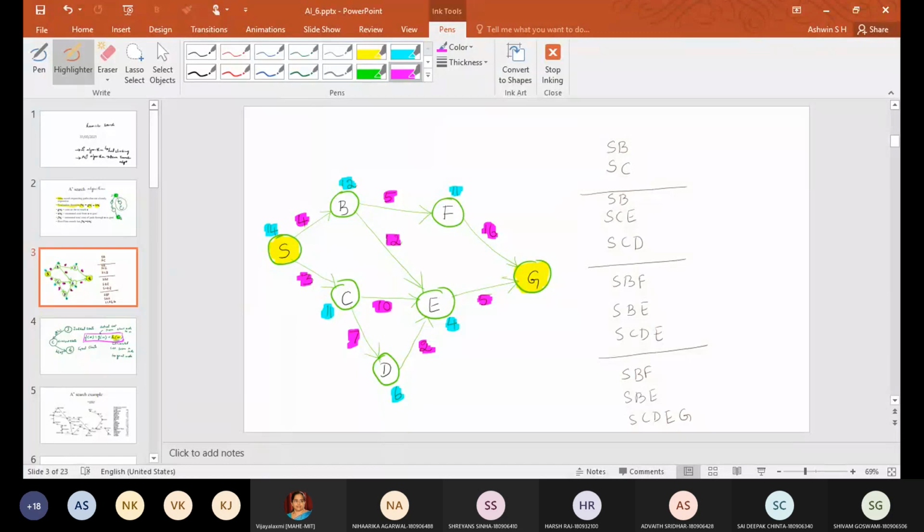So what happens first? Let us start the analysis. You are in node S, and you are moving towards goal node G. When you move from S to G, you first see that S is connected to B and C. So here what I am saving in this queue is SB and SC. These are the two values. That means if I expand, it will be SB and SC.